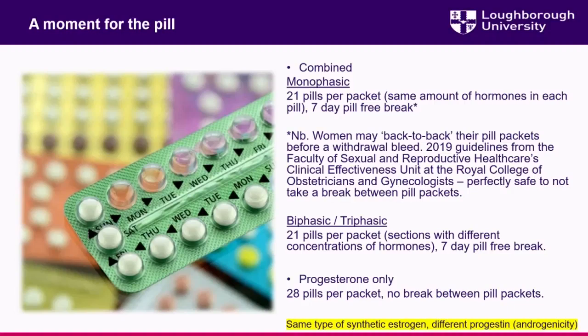These are less common, but you also have biphasic and triphasic preparations. Biphasic means there are sections with different concentrations of the hormones. There'd be 2 different phases, a follicular and a luteal phase. Triphasic would be that each week there's a different type of the hormones. These are less common, but they're still combined preparations that you might encounter. And then I've spoken about this already, but progesterone-only pills are 28 days of pills without pill breaks, so you just go continuously with those.